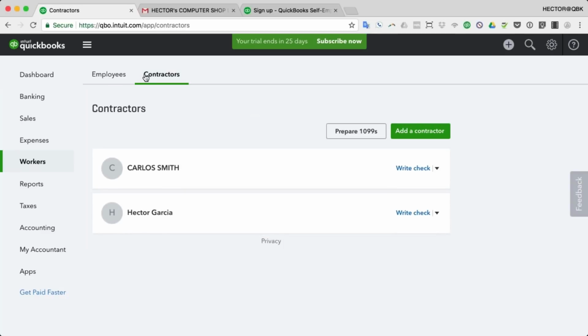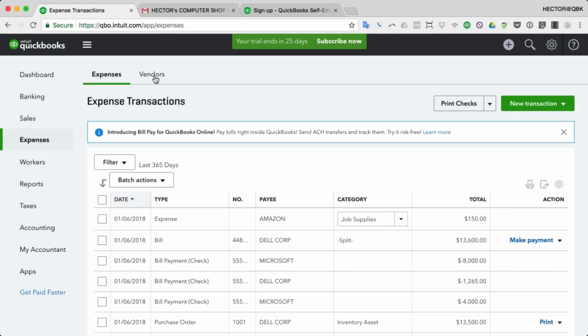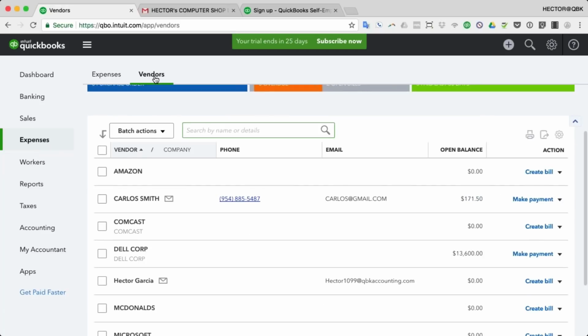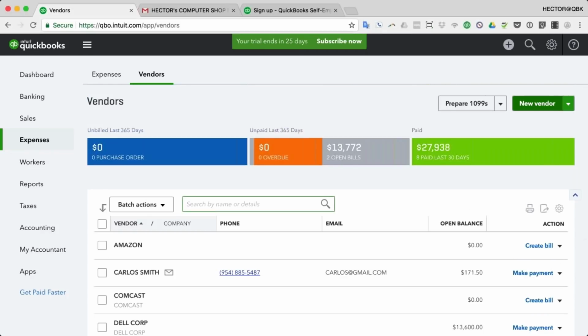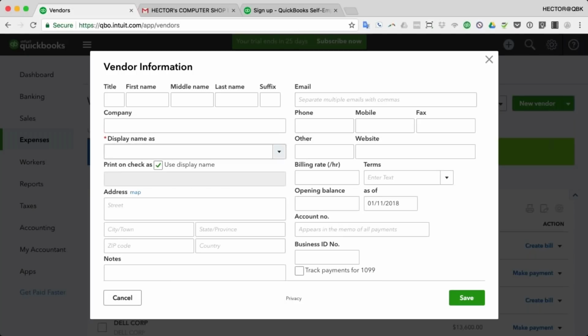A contractor in QuickBooks is basically a vendor that has been marked as a 1099 contractor. Let me explain what that means. If I go into the expenses tab and go to the vendor tab, which is a traditional place where we create our vendors, and I create a new vendor from this screen. Let me click on new vendor, and I'm going to create here